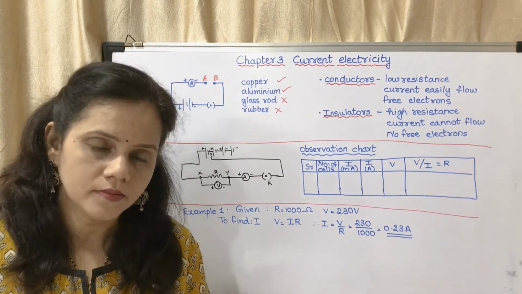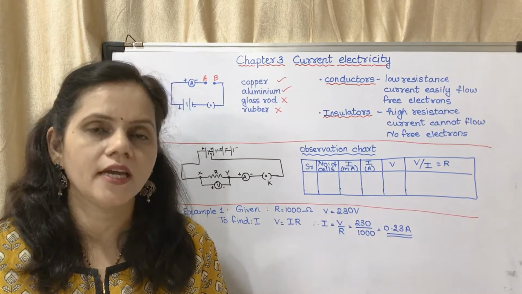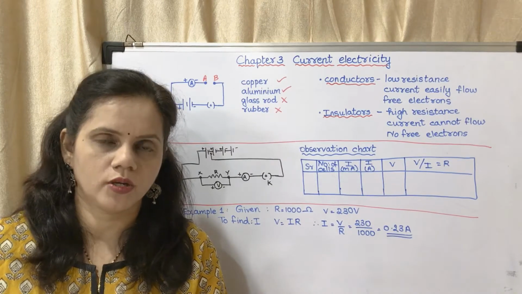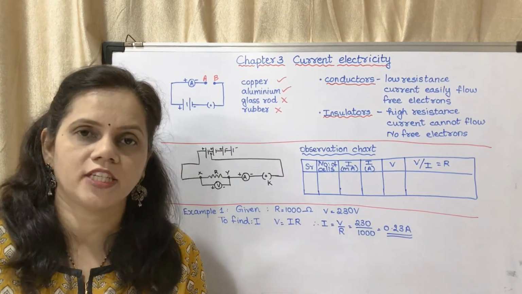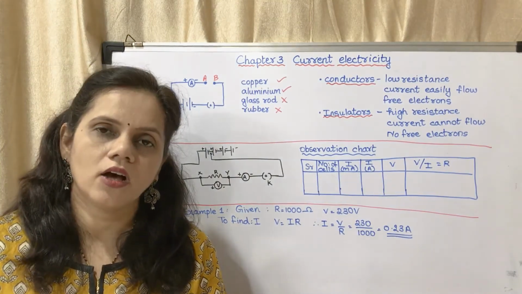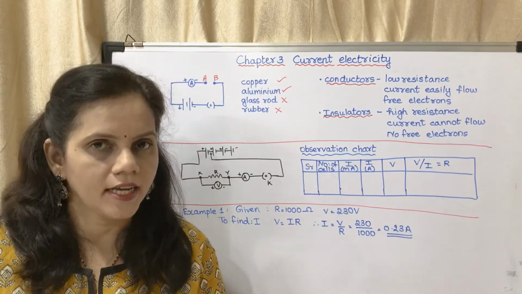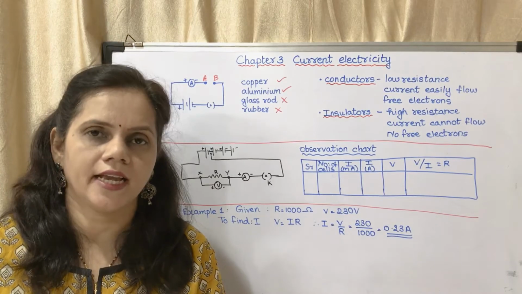Okay. Next, why can our body conduct electricity? Okay, our body consists of several ions. In our body there are several ions like sodium ions, potassium ions. These are present in the body and those ions can conduct electricity. Ions can conduct electricity. Okay, so that is why our body conducts electricity.